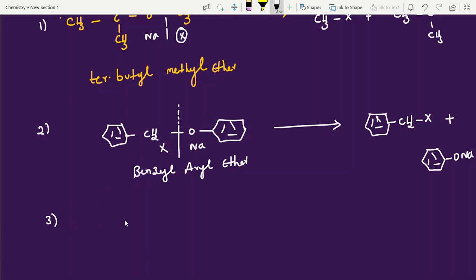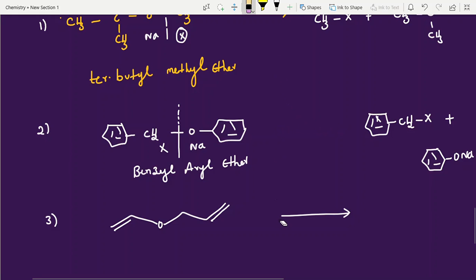Okay, now next one. I am giving some bond line representation questions. Try to give the answer. Yes, they have given it like this. Can you give the answer? What is the favorable one? You can take the arrow, or else you can just write the answer. This is the answer, the substrate. This is also. Can you tell the answer?